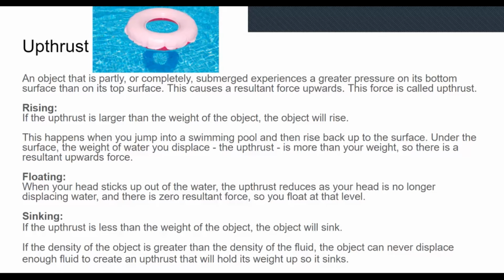Upthrust. An object that is partly or completely submerged experiences a greater pressure on its bottom surface than on its top surface. This causes a resultant force upwards. This force is called upthrust. Rising: if the upthrust is larger than the weight, the object will rise. This happens when you jump into a swimming pool and then rise back up to the surface. Under the surface, the weight of water you displace, the upthrust, is more than your weight, so there's a resultant